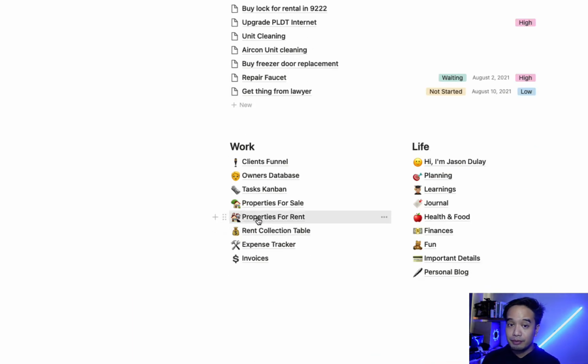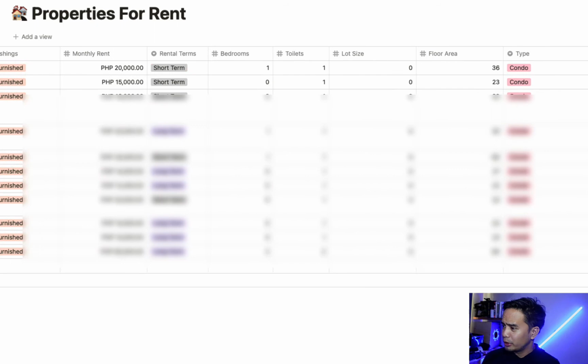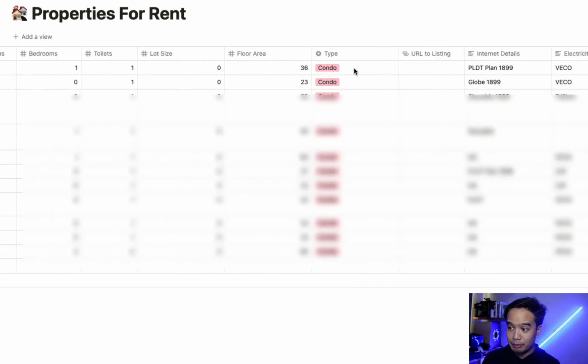Then we have the properties for rent table here. Okay, so we have all these rental properties. We have property name, status, location area, what type of furnishings it has, unfurnished, semi-furnished, fully furnished, the monthly rent of the property, the rental terms, number of bedrooms, number of toilets, lot size, floor area, the type of property here,